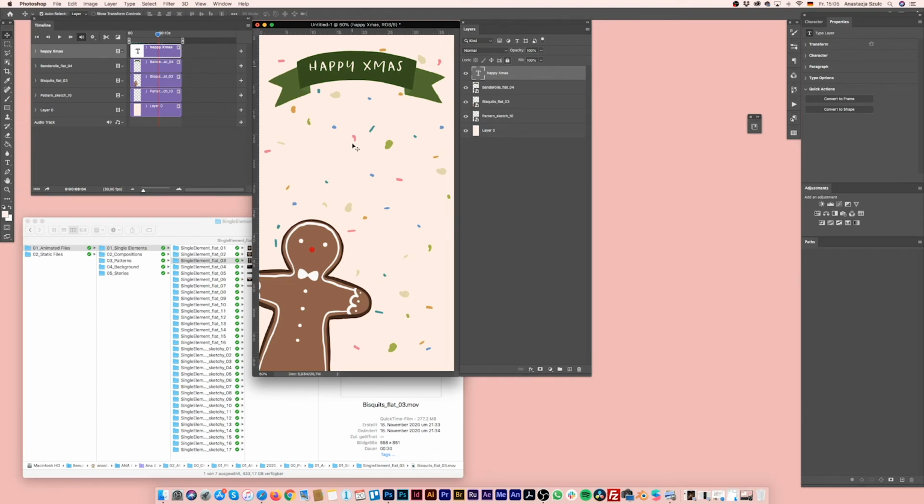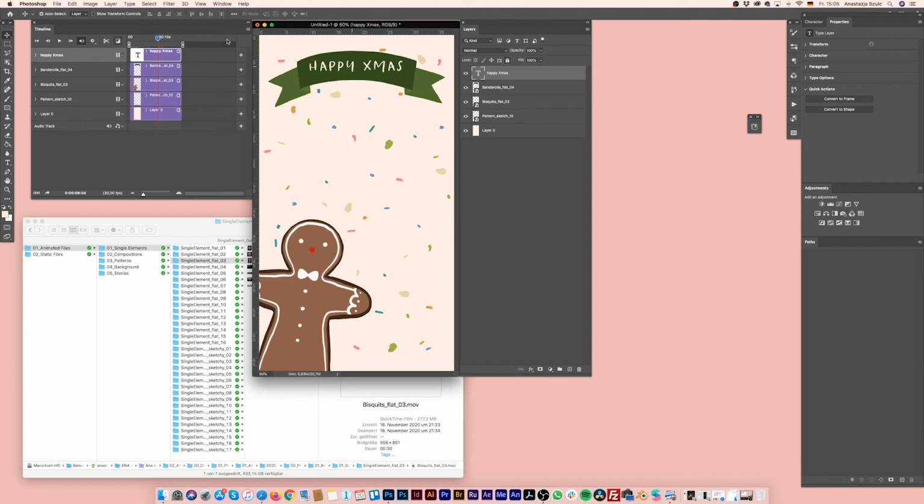Just keep in mind, if you use Photoshop for this whole animation thing, depending on the amount of animated layers you put on top of each other, it starts to get a bit slow, because Photoshop is not an animation program. You can animate with it, but it's not made for it, I would say.